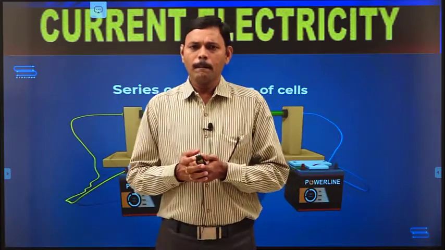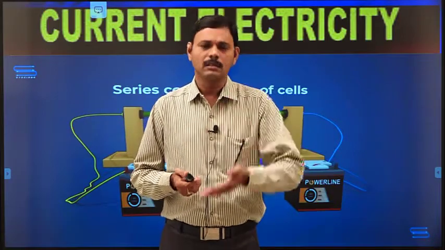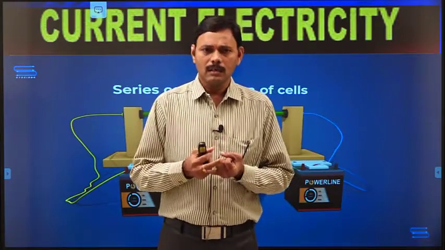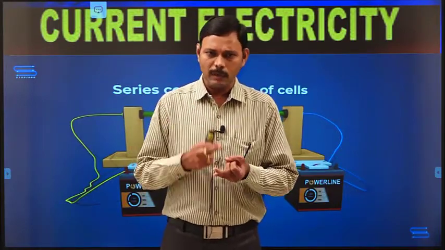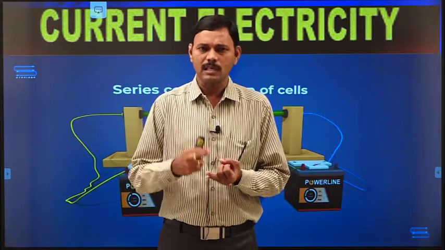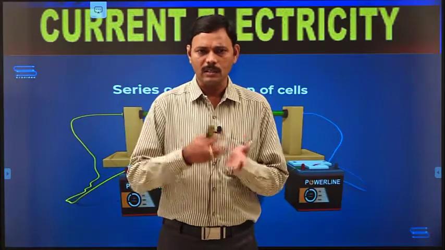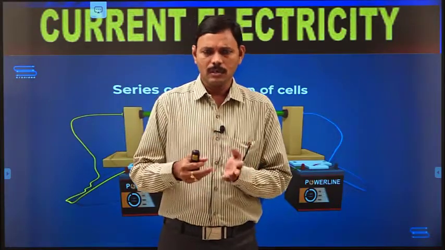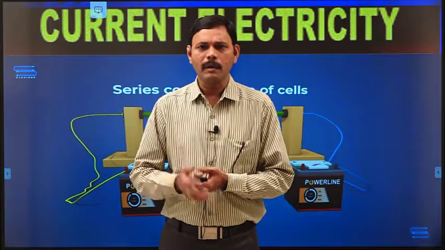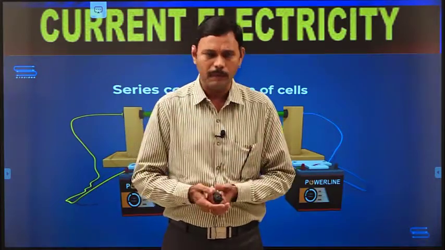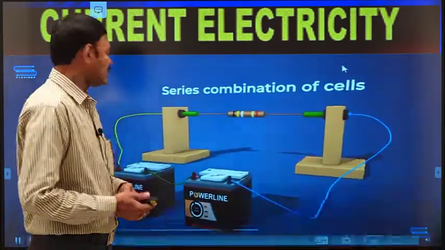So this is one example. In all applications of cells, as I discussed in the last video, we apply the cells in inverters in houses for self-starting purpose, and for electric flow in bikes, cars, all vehicles, lights, remote controls, and watches. In all these we need a cell. But the work done by one cell may not be sufficient to do work properly. So that's why we have to use a combination of cells.